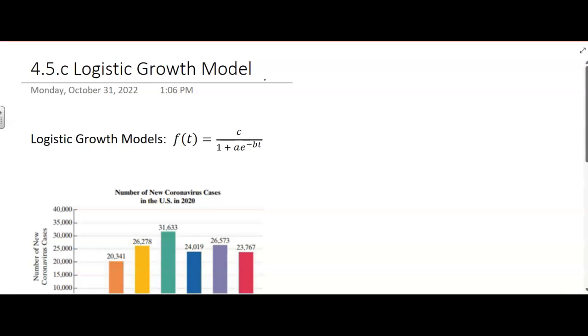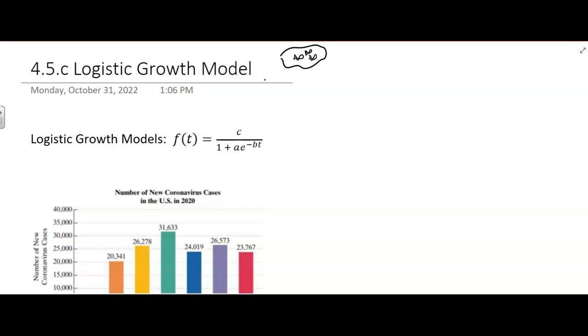We can have exponential growth models, but in actuality, usually there's some kind of limit. Things don't just grow and grow and grow forever. So say you have a pond with a few little fish in it. It's a nice pond, and the population's growing and growing in an exponential model. But eventually, that pond is only going to hold so many fish. There's only going to be so much food supply, and there's going to be a limit to how many fish you can have in that pond.